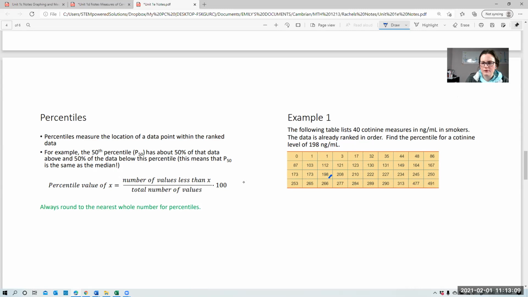10 in every row, 10 values in every row. So that's 20 values, 21, 22, 23. So there's 23 values. Actually, there's 22 values less than. There's 22 values less than